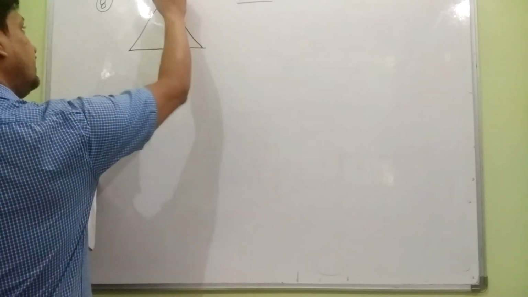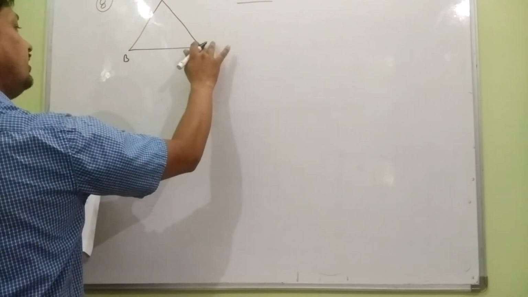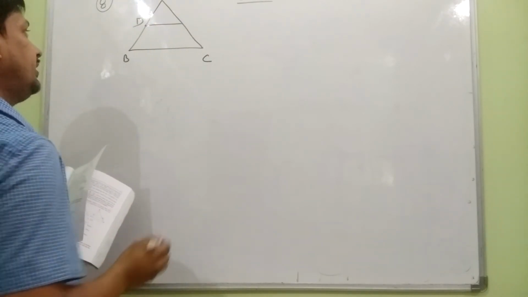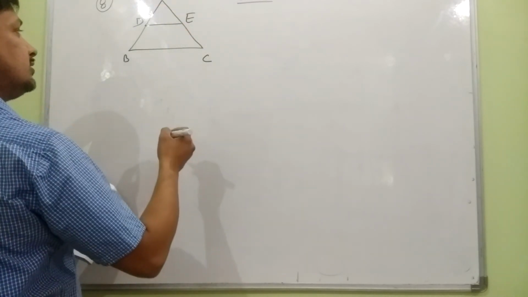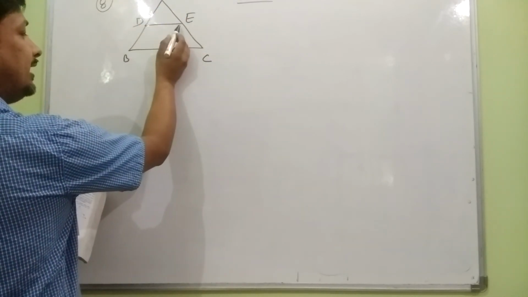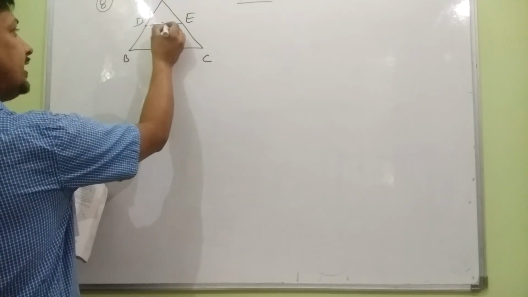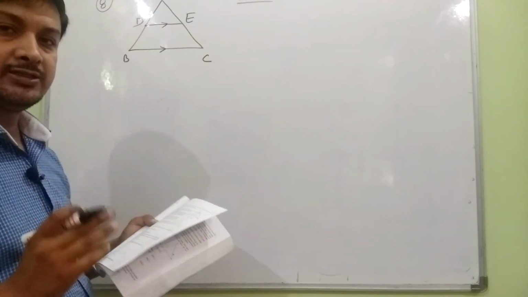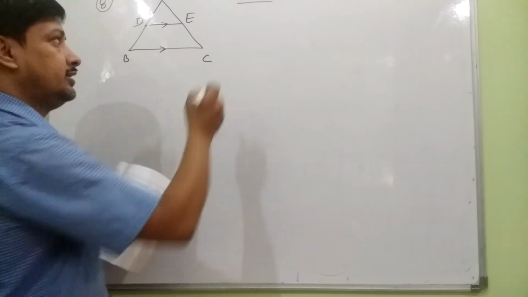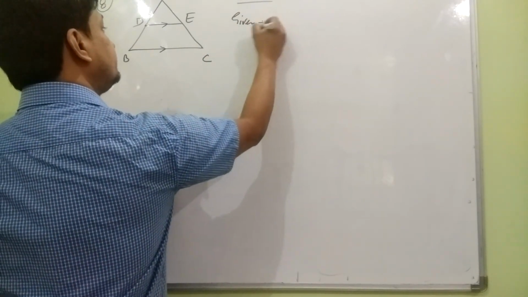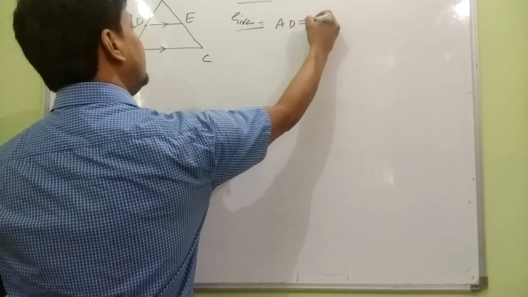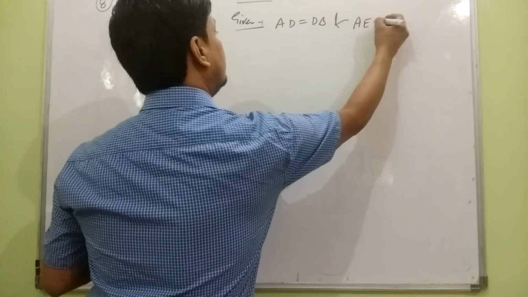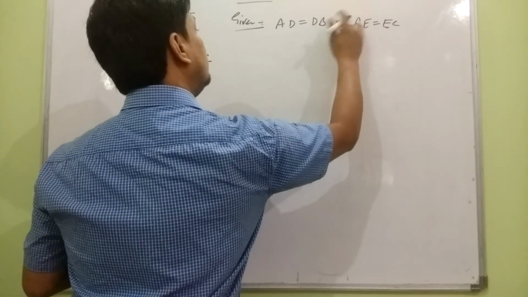वो ये बोल रहा है कि अगर हमारे पास एक ट्रायंगल ABC है और उसकी दो साइड्स के मिड पॉइंट को अगर हम मिलाते हैं, सपोज D इज द मिड पॉइंट ऑफ AB एंड E इज द मिड पॉइंट ऑफ AC. सो अगर ये मिड पॉइंट है तो इनको मिलाने वाली लाइन तीसरी साइड के पैरेलल हो जाएगी. तो ये पहले क्वेश्चन का उल्टा है ना. सो इट इज मिड पॉइंट थ्योरम और किसकी मदद से प्रूव करना है हमें? कन्वर्स ऑफ BPT की मदद से. सो व्हाट इज द थिंग गिवन? तो दो चीज़ें दी हैं, एक तो D मिड पॉइंट है तो यू नो AD इक्वल टू DB एंड यू नो AE equal to EC.